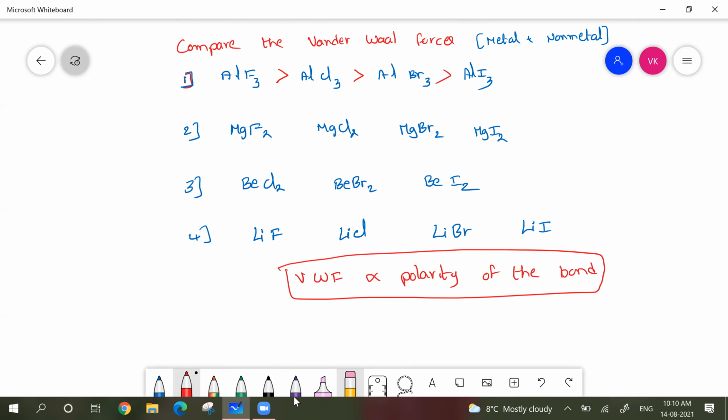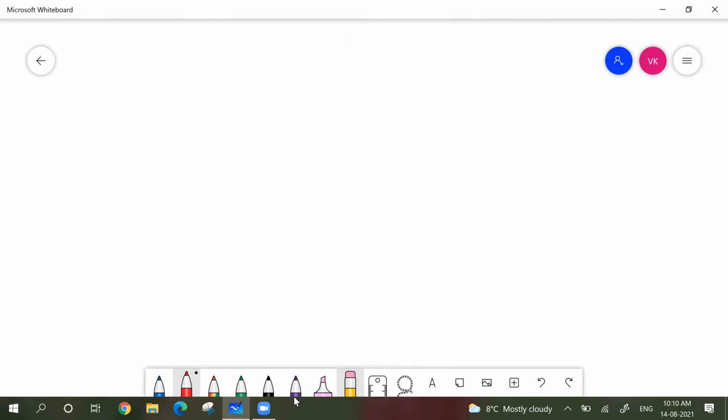Here also fluorine, chlorine, bromine, iodine. So fluorine is more electronegative, it will polarize the bond. Whenever you find a metal and non-metal, use this trick, guys. Don't define based only on the atomic mass or molecular weight. Okay, clear? Okay, let us see a few exceptions to whatever rules we discussed. Few important questions on this.